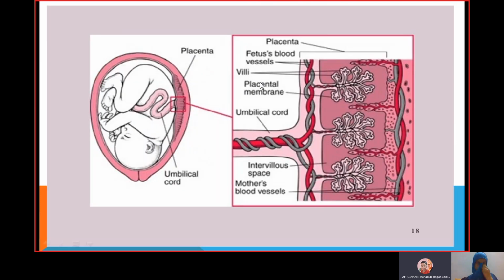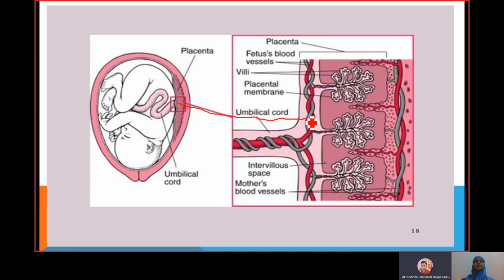See, here you can see this pink colored structure is nothing but the placenta, a temporary connection in a pregnant woman which supplies blood from the mother to the fetus. The umbilical cord attaches to the placenta, and this placenta attaches to the uterine walls of the mother.